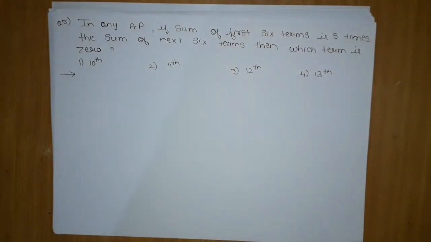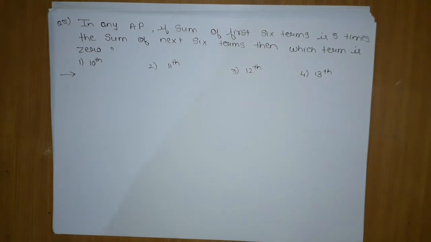Now in this question it is very obvious that you should go with a plus d and a plus 2d, because you have not learned to consider numbers greater than that. In your mind, if you consider 3 numbers in AP, you will take a minus d, a and a plus d, and for 4, a minus 3d, a minus d, a plus d, a plus 3d. But I have also told how to consider more than 4 numbers: 5, 8, 10 numbers, as many as you want.